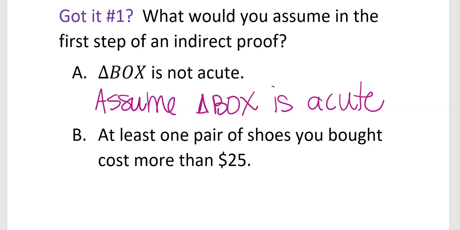This one's worded a little bit different. At least one pair. So at least one pair of shoes you bought cost more than $25. There's different ways that you can write this one. If we keep to the assume that at least one pair is, what do I need to change the rest of it to? Yep, assume it doesn't cost more than 25 or it's less than or equal to 25, right? Because more than 25 would not include 25, but the opposite of that would be less than or equal to 25. So assume